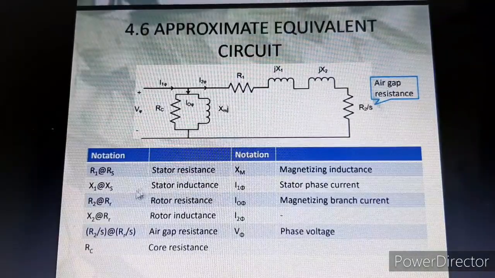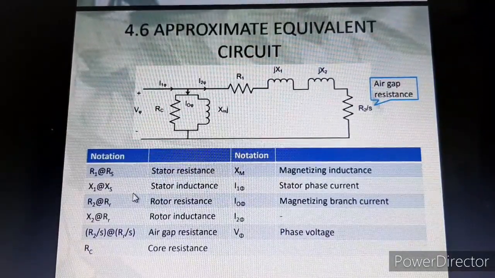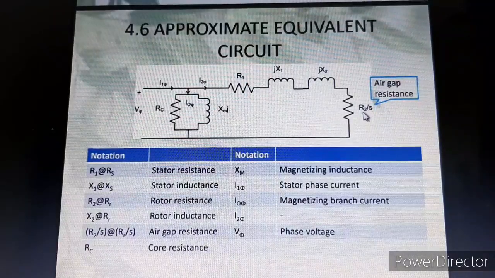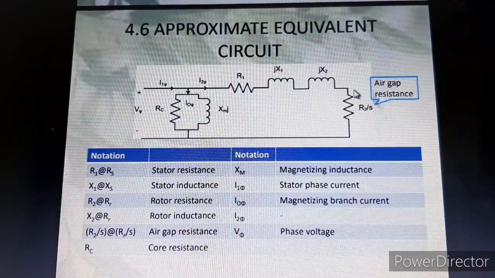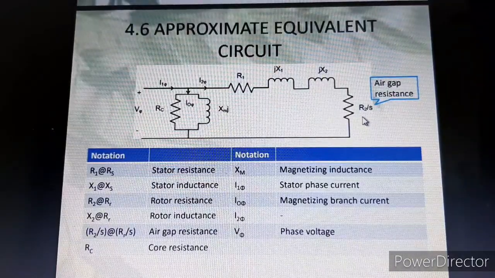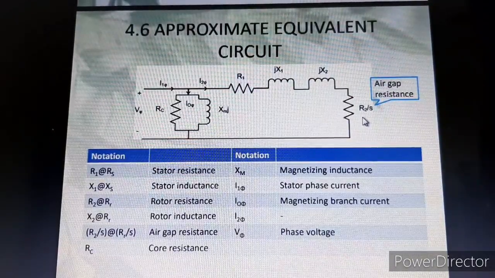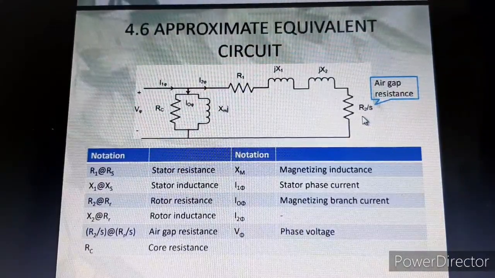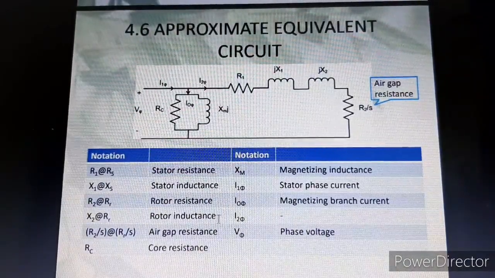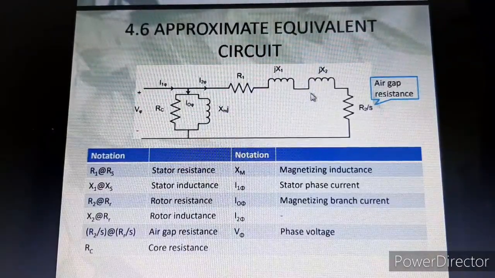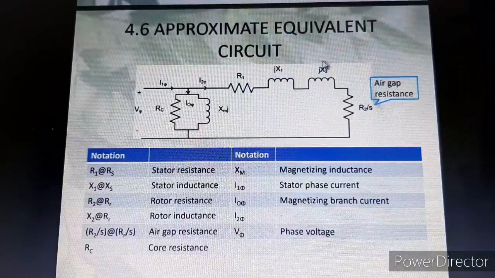And we also have R2. R2 is the rotor resistance. R2 is here. Later I'll explain why it is combined with slip. R2 is the rotor resistance, due to the heating in the rotor winding. And we also have the rotor inductance, X2, due to the self-inductance on the rotor. The explanation is